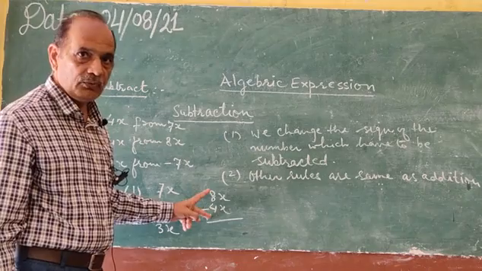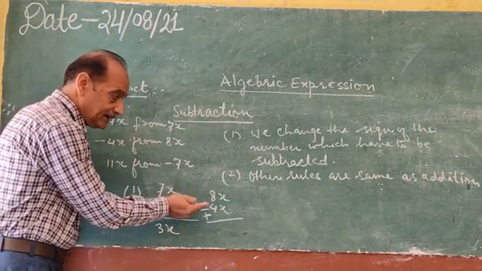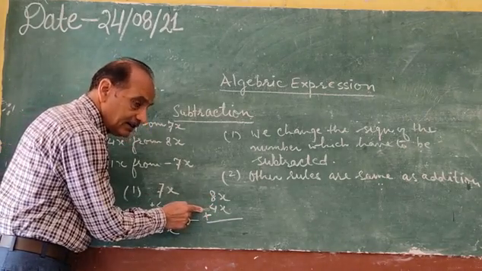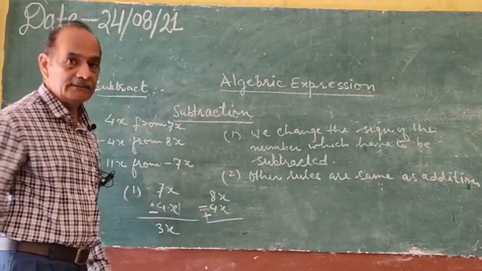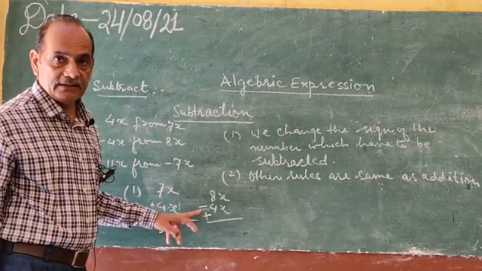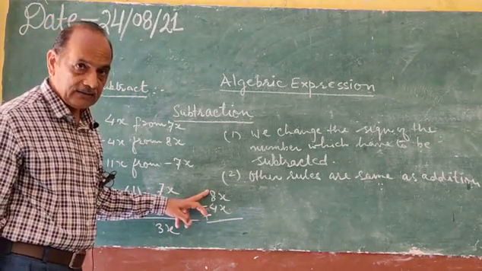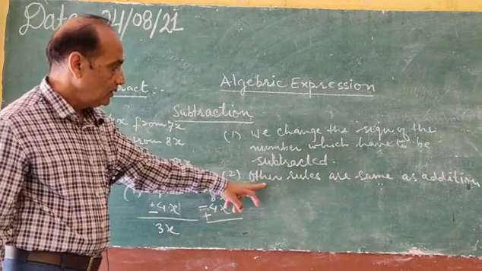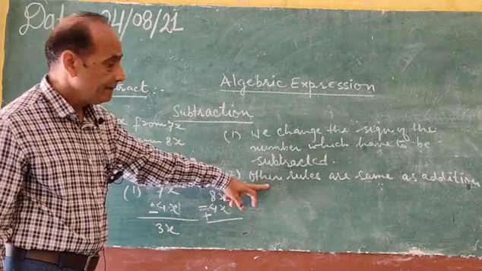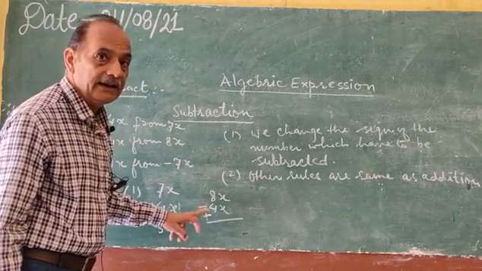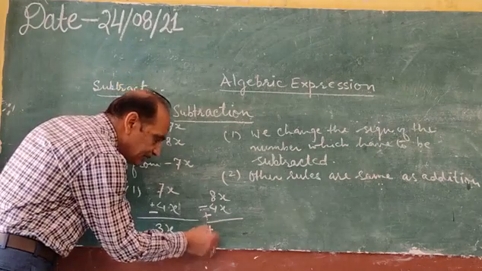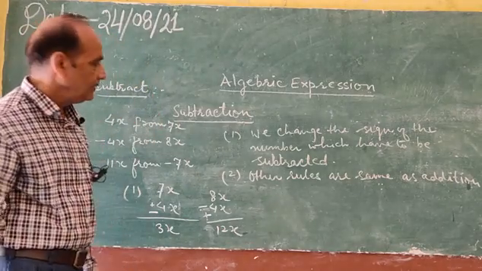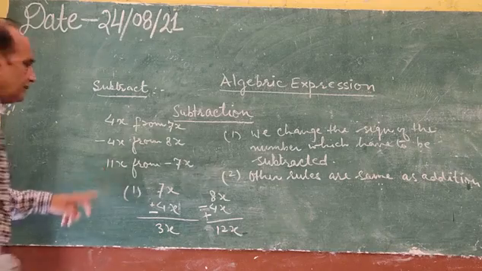8x positive, 4x. After changing the sign, we will take the sign of the number after changing, not the one originally given. Changing sign we will take. 8x positive number and 4x positive. So according to the second rule, the addition rule, numbers of same sign are added, and in the answer we use the same sign, so we can write plus 12x or only 12x. Okay, another example, number third.